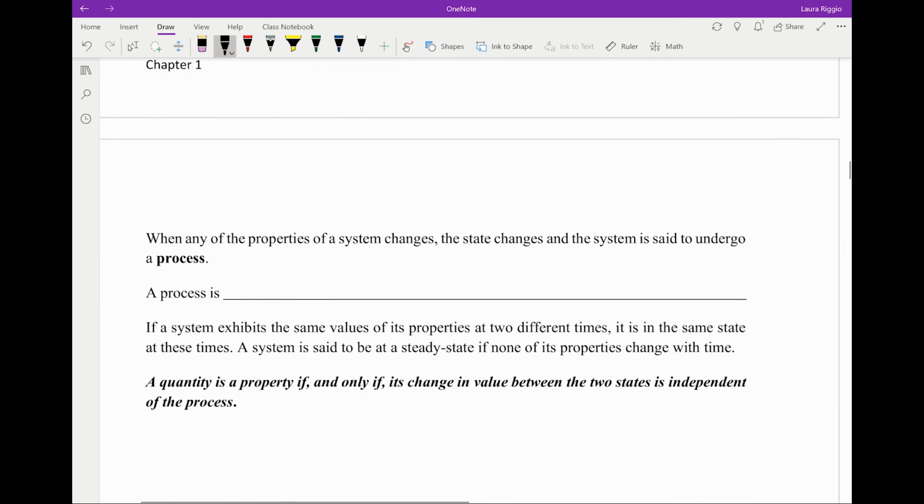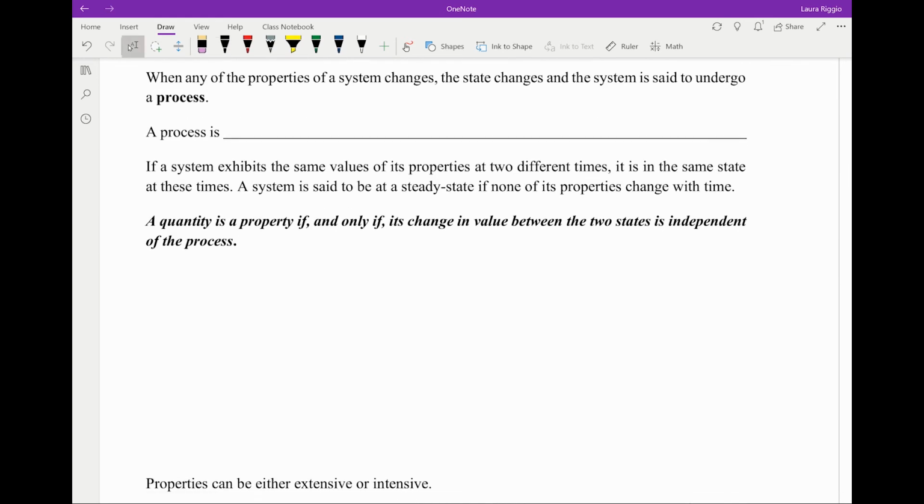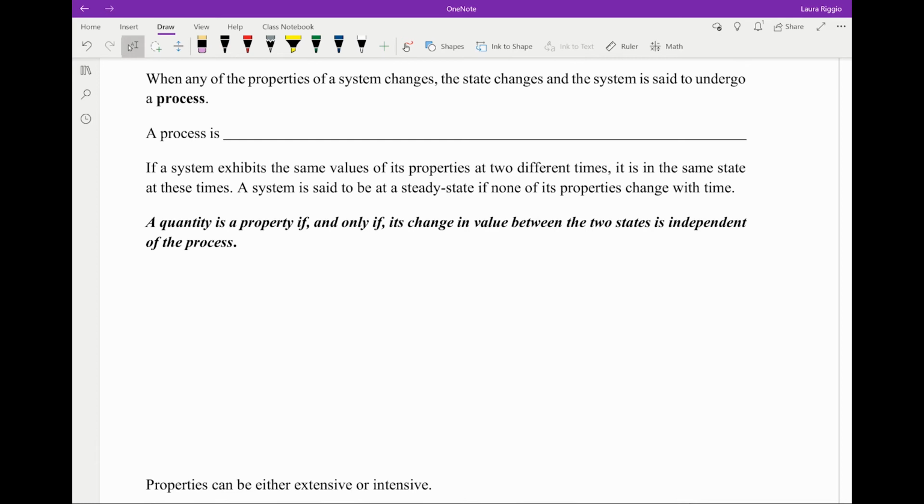You go from one state to another by undergoing a process, and a process is a transformation from one state